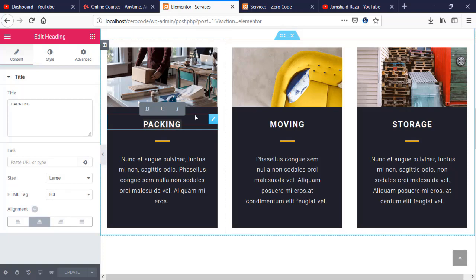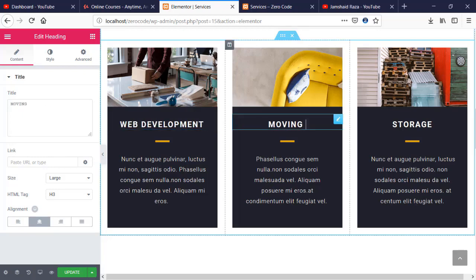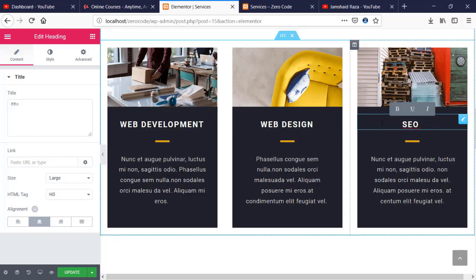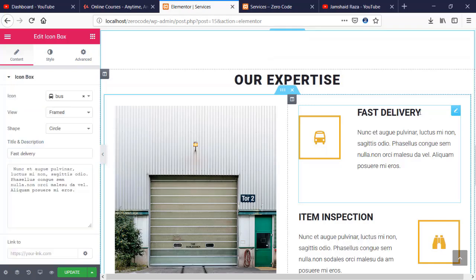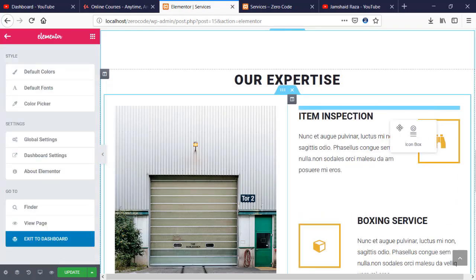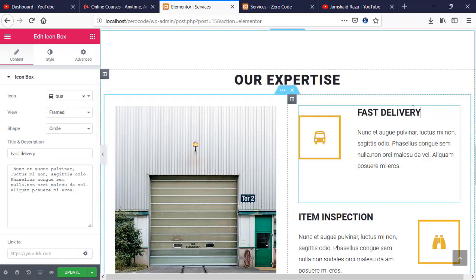For example, I'm going to say designing, or we are going to say web development, and also we are going to say web design, and also SEO services. Okay, and next we are going to say our expertise, fast. If I just say fast, okay, we are going to say fast development,